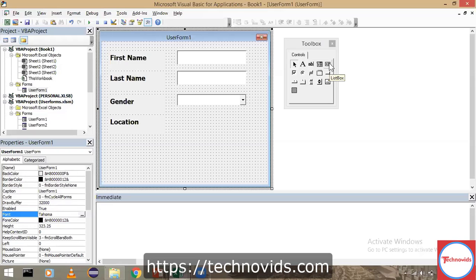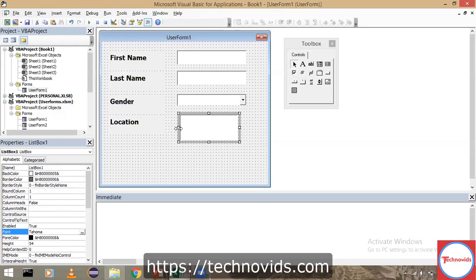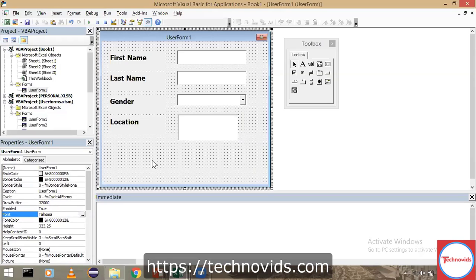So this is called list box. I select that, and a list box will be a little bigger visualization wise. So I'll increase it like this, so that multiple items will be there. You can just select one of those items. So that's about location.